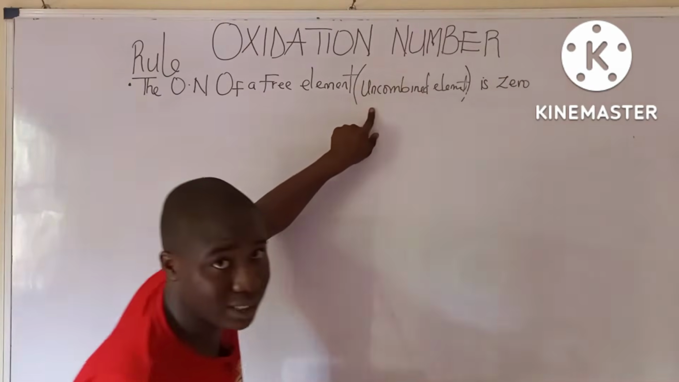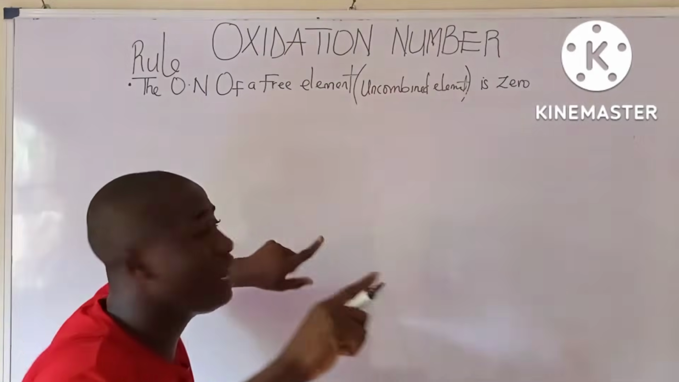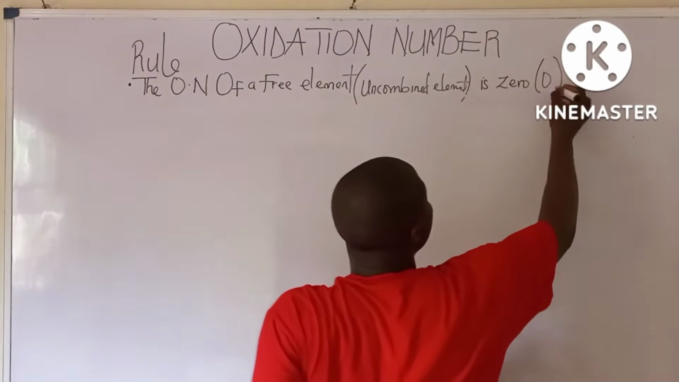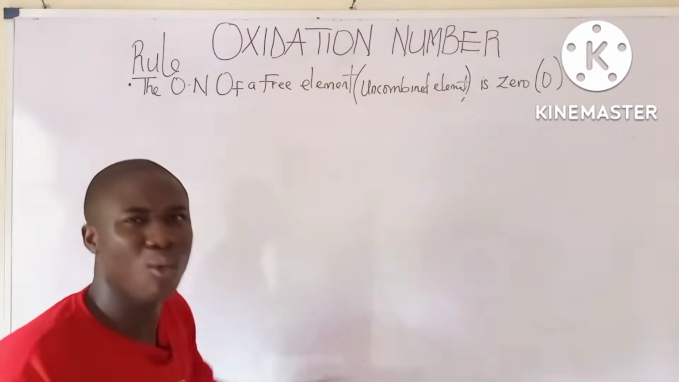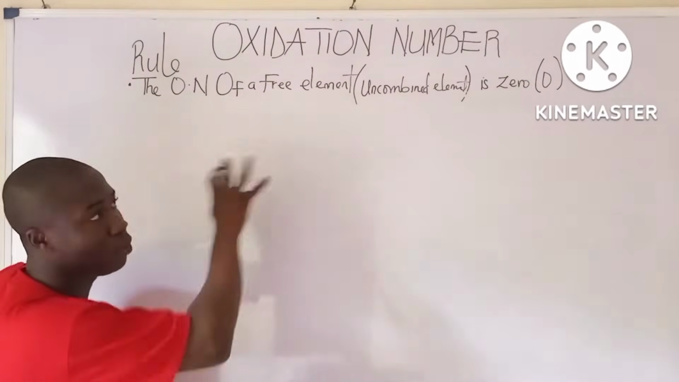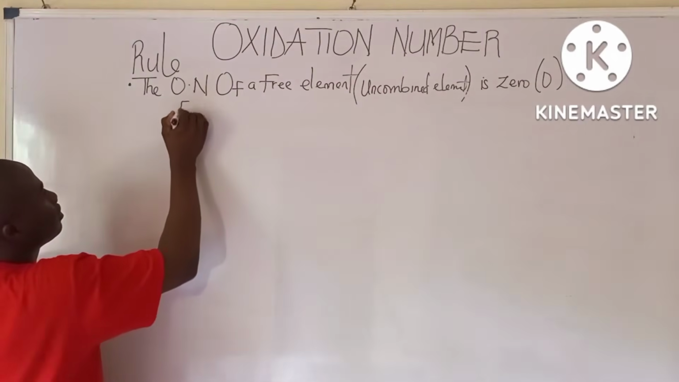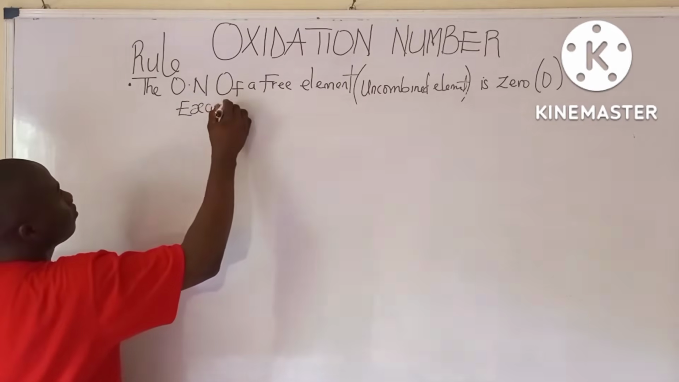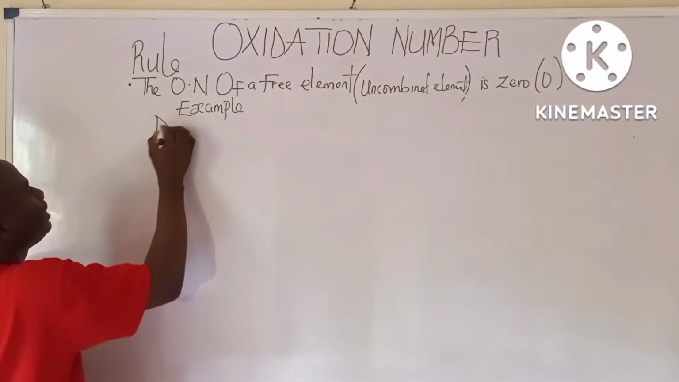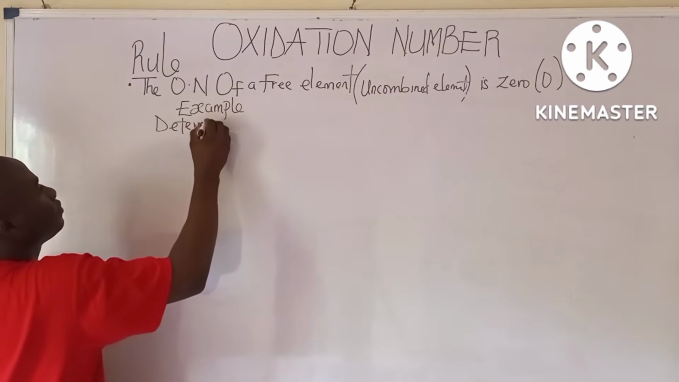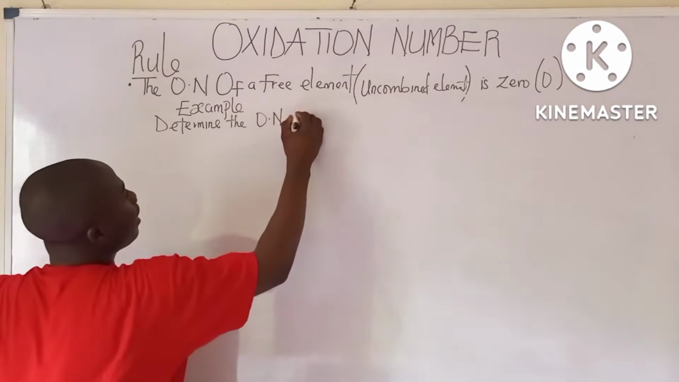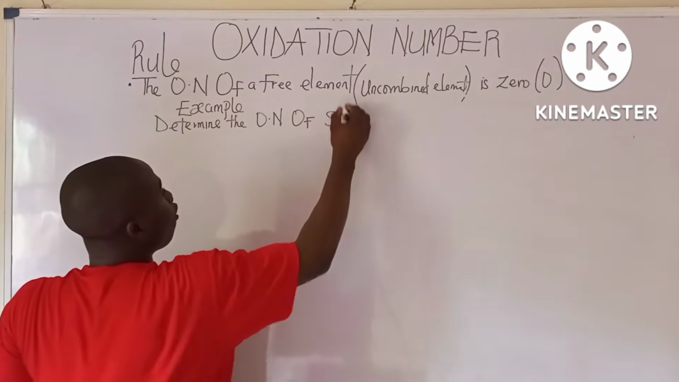So this must be noted. The oxidation number of a free element, which is an uncombined element, is 0. So whenever we see a free element or an uncombined element, what becomes the oxidation number? It is 0. So let's take an example. For instance, a particular question says, determine the oxidation number of sulfur